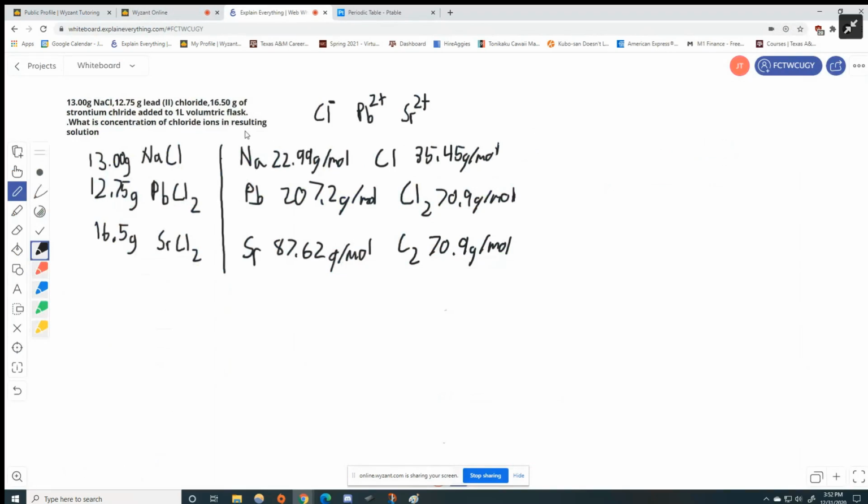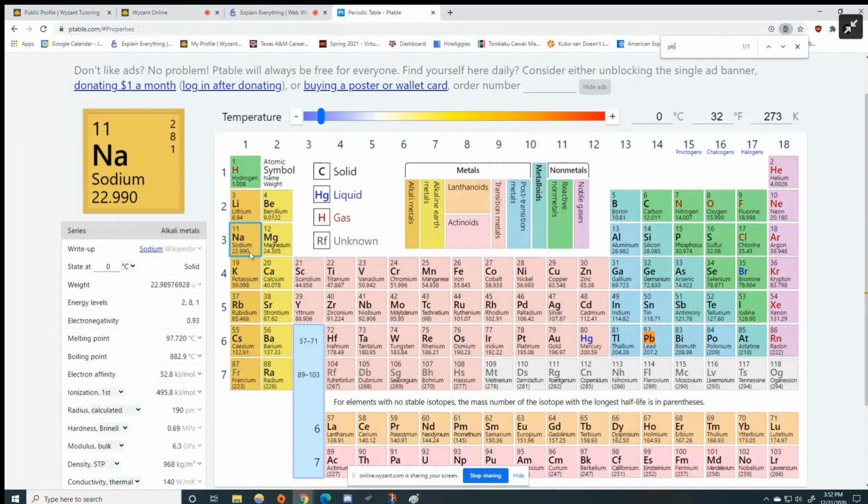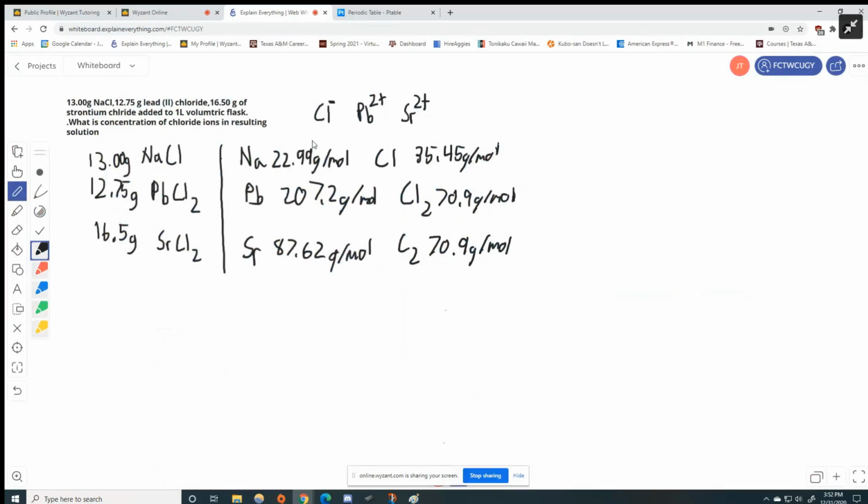All right, so figure out the grams per mole. You can get this all from the periodic table, by the way. For example, sodium is here. It has a molar mass of 22.99. I just did the same thing for sodium, lead, and strontium. Since these compounds have two chlorides, I just multiplied the single chloride by 2 to get 70.9